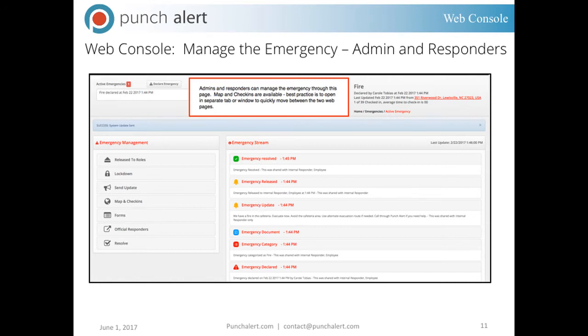In closing, I want to point out that when an emergency is resolved, it is no longer accessible to a responder or a user on their mobile device. The emergency is saved in archives located in the Punch Alert web console and is accessible only by the Punch Alert administrator. If you have any questions, please